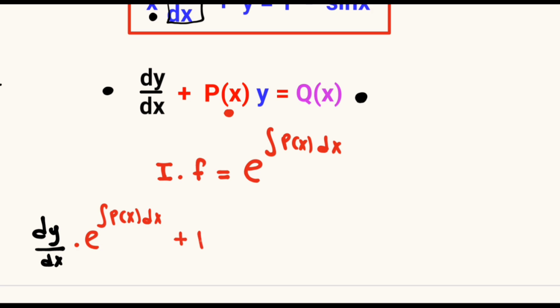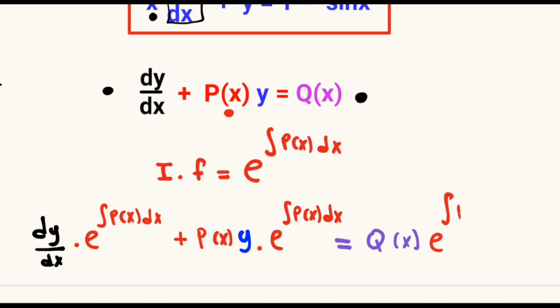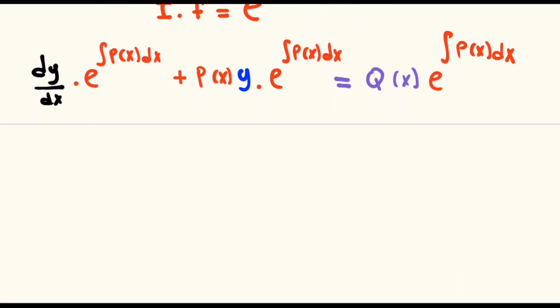plus the p of x multiplied by the y. We multiply it also with the integration factor, the e raised to the power the integral of p of x dx. And what we do on the left, we also do on the right. So even that q of x, we multiply it with the integration factor. And from here, we will be concerned with the y multiplied by the integration factor. So the y multiplied by the e raised to the power the integral of the p of x dx,